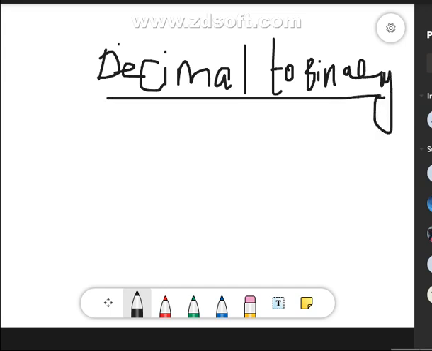Okay, decimal to binary. Suppose you are taking a number like 2049, you have to divide it by 2. Why are you dividing with this particular 2? Can we say this is a decimal number? Yes, because it has 4 digits, and each digit is in the range from 0 to 9, so it is a decimal number.